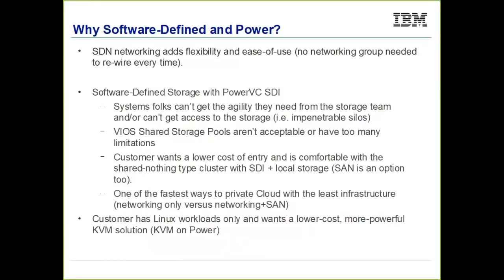And if you're looking at implementing Linux only for certain functionalities, then certainly we can utilize KVM on Power, and not necessarily go with PowerVM because we don't need it. The enterprise requirements and things like that aren't there. So